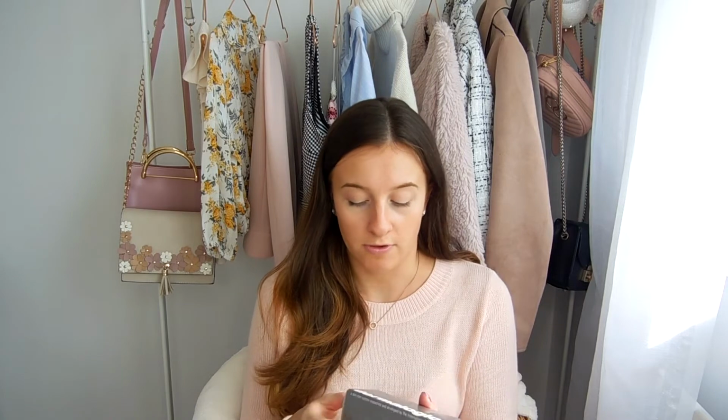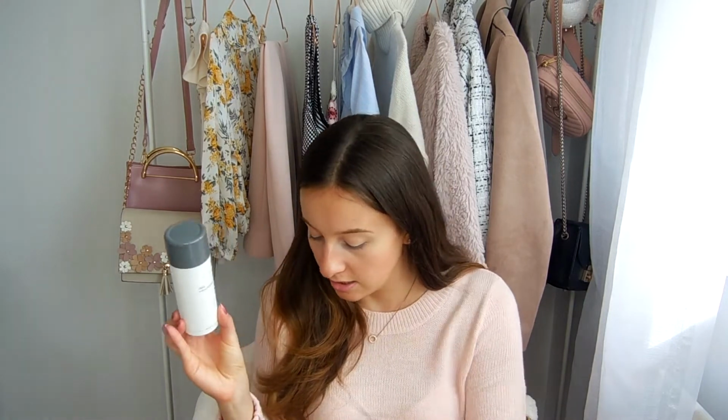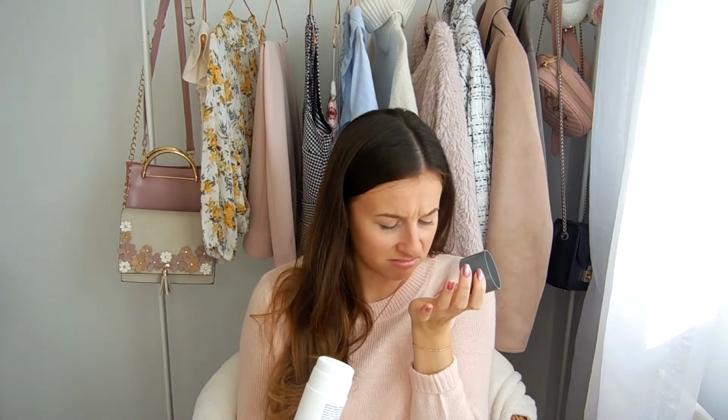So the next thing I would do is use this, which is the Daily Microfoliant. What this is basically is an exfoliator. However, it has a screw lid and you pour the stuff out into your hand. This is what it looks like. When you mix it with water, you create a consistency that you like. And then I just literally pop it all over my face and really massage it into my dry